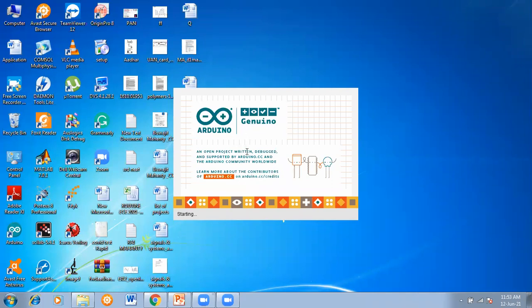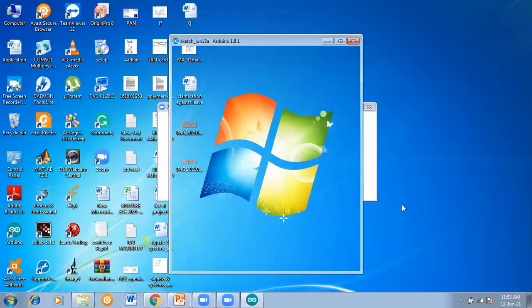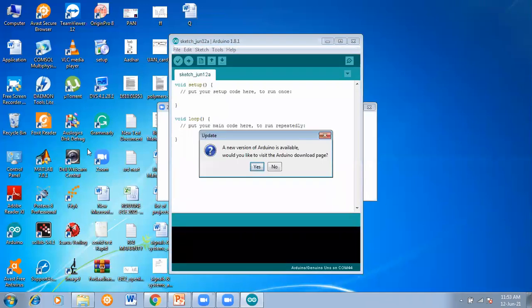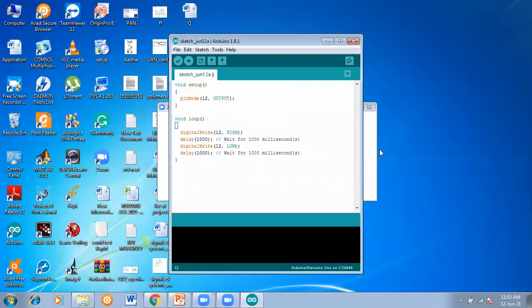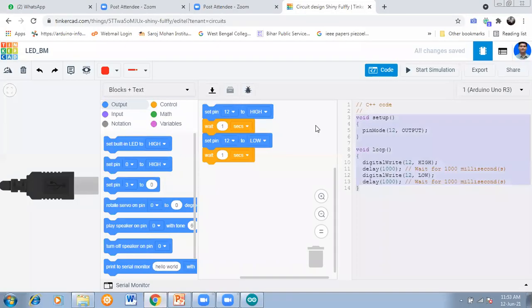You can verify the code, then you can upload the code to the Arduino board, and automatically that code will run and your project will run. So just open it here, Control A and then Control V. So that code is pasted here, and that code will run, no problem about that if you have the hardware. So simply that code is copied and you have pasted it there. So naturally that is a great process.